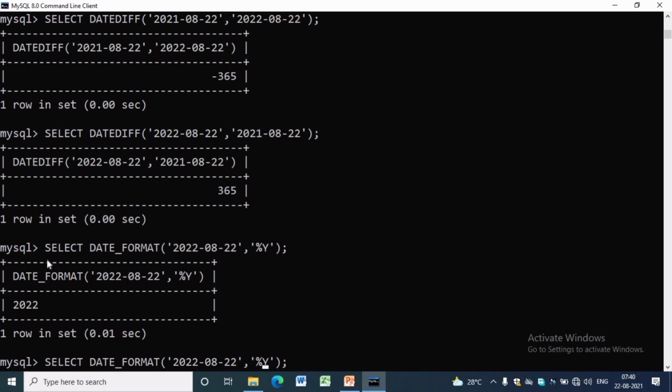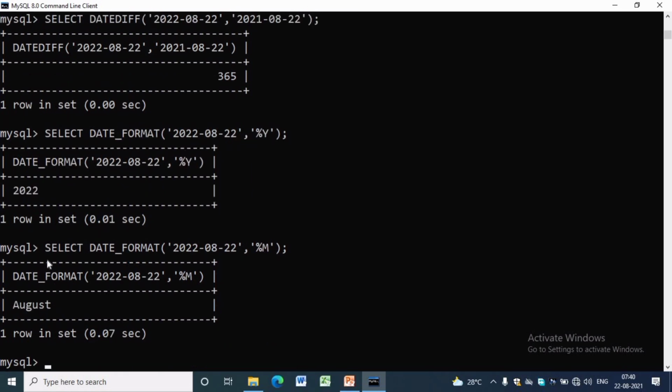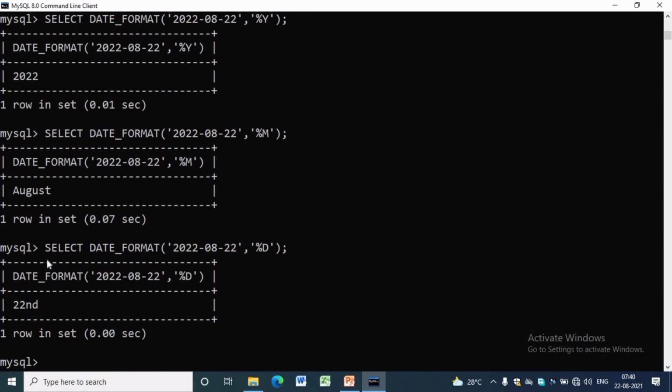If we write %M, it will give the month name in full, January to December. If we write small %m, it will give the month as numeric. %d will give the day of the month as a numeric value as 22.